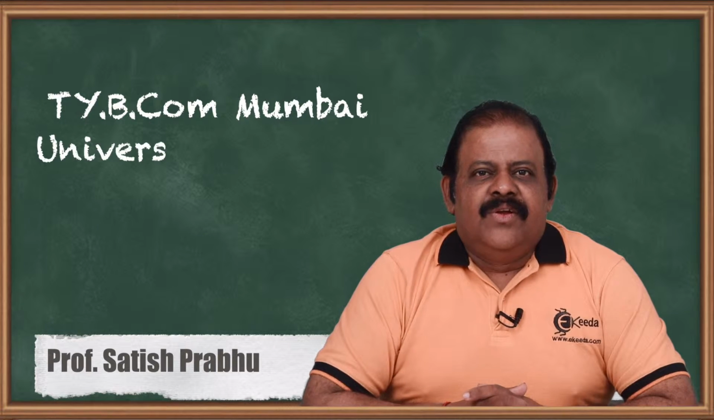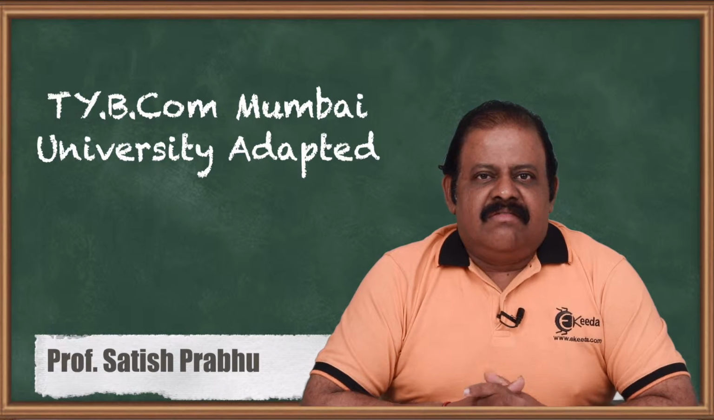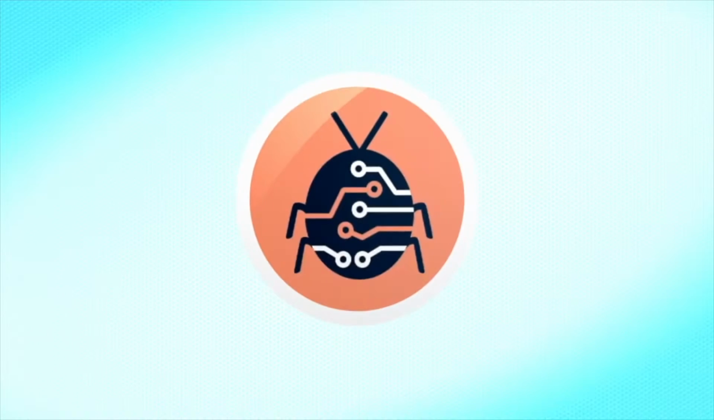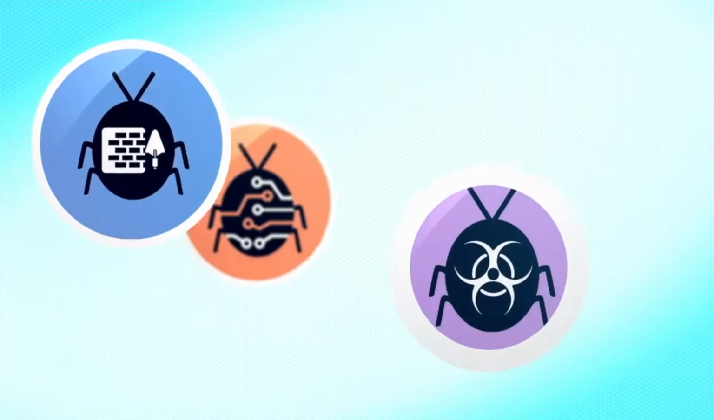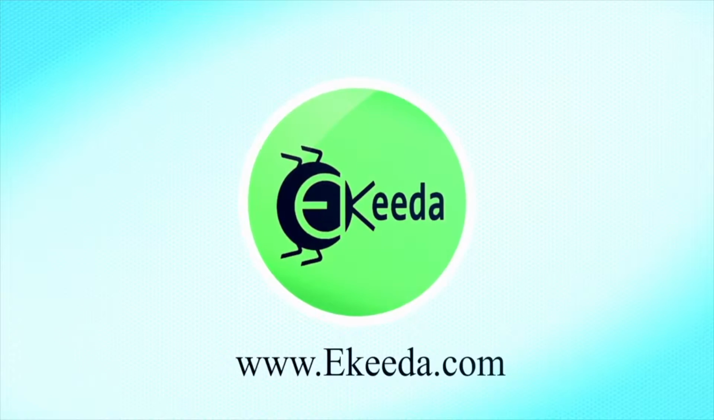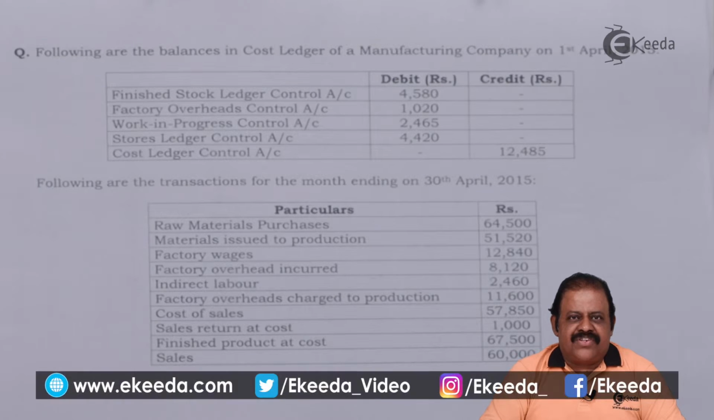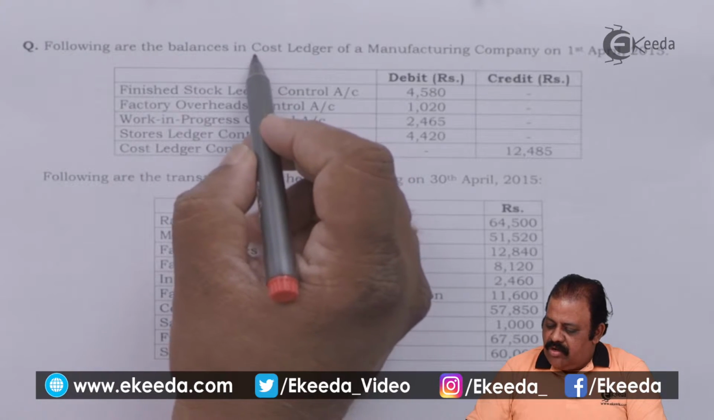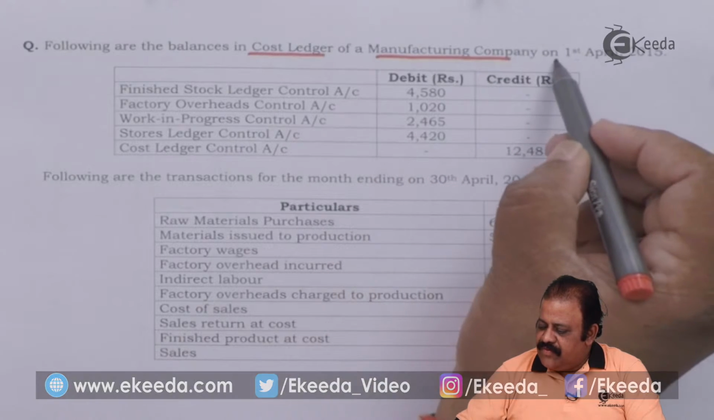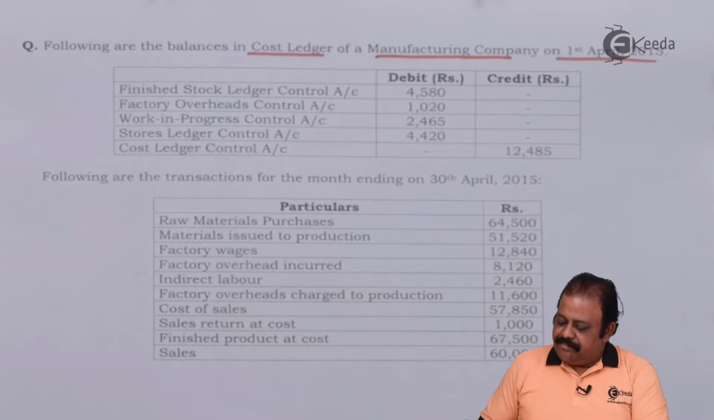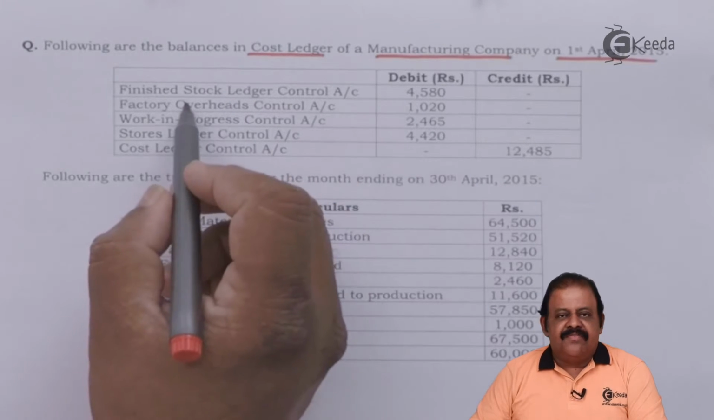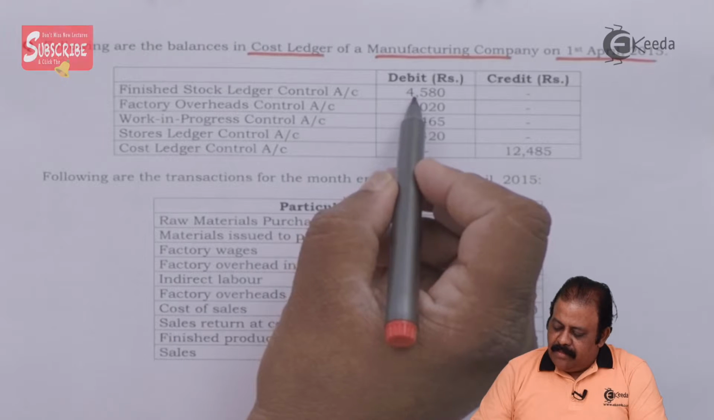Hello friends, we'll discuss now one question based on University of Mumbai pattern. Let us read the question. Following are the balances in the cost ledger of a manufacturing company on 1st April 2015. Finished stock ledger control account, this is finished goods, debit balance